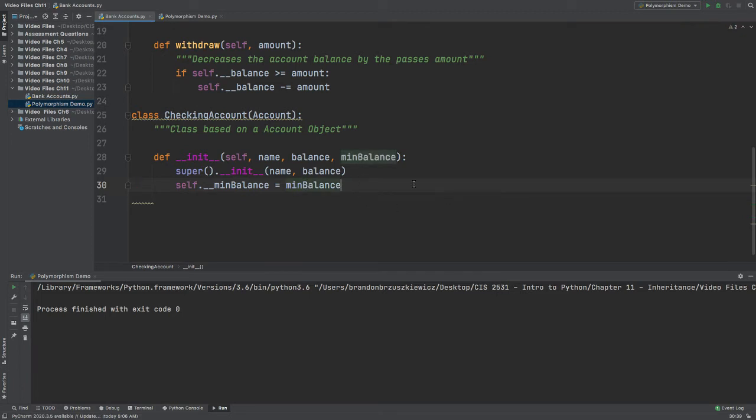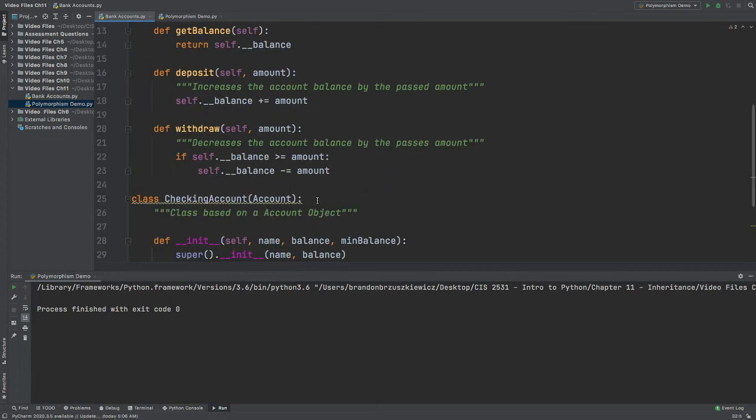That way, every checking account has a minimum balance that they have to maintain, and we cannot go under it, which is going to affect our withdraw method a little bit. So what I'm going to do is start overriding some methods. Method overriding is a way to rewrite a method that already exists in the account class and give it more specific instructions. I can do that with my toString method,